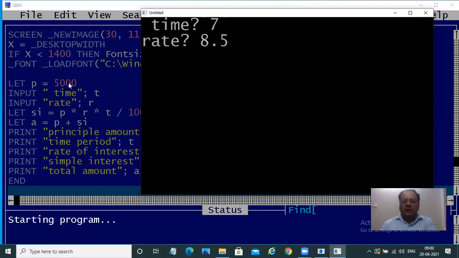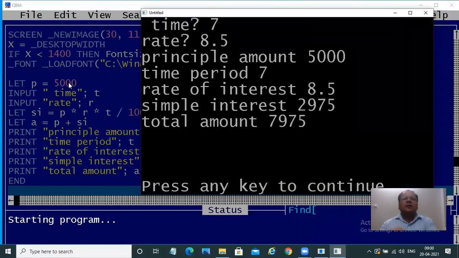You can give decimals also if you wish to. 8.5, and you'll see over here, principal amount was 5,000, which you got here. Time period was 7 years, which you had entered, or 7 months, or whatever you want to presume it as. Rate was 8.5. Simple interest was 2,975. This was your simple interest which I had calculated on SI.